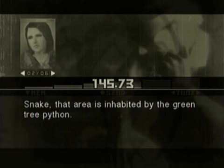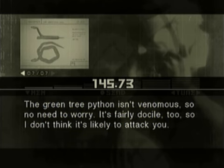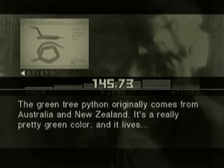Snake, that area is inhabited by the green tree python. The green tree python isn't venomous, so no need to worry. It's fairly docile too, so I don't think it's likely to attack you. The green tree python originally comes from Australia and New Zealand. It's a really pretty green color, and it lives...